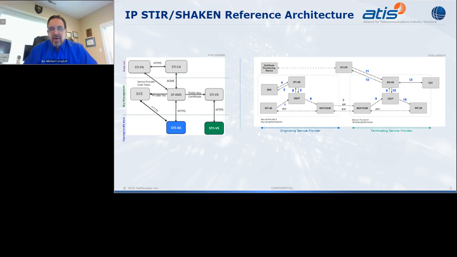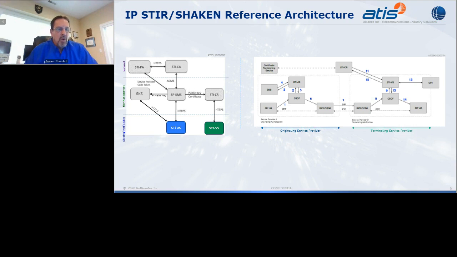These certificates are, speaking a little loosely, used to sign calls and validate the signatures. So the only way you can sign calls is if you've gotten a certificate from the certification authority, and you can only do that if you've been registered by the PA. Now, the whole business of generating these certificates and making them available is handled in the middle layer here, the key management layer. And there are three elements there, SKS, KMS, and CR, which are responsible for generating the keys, making them available for signing, and making them available for verification, respectively.